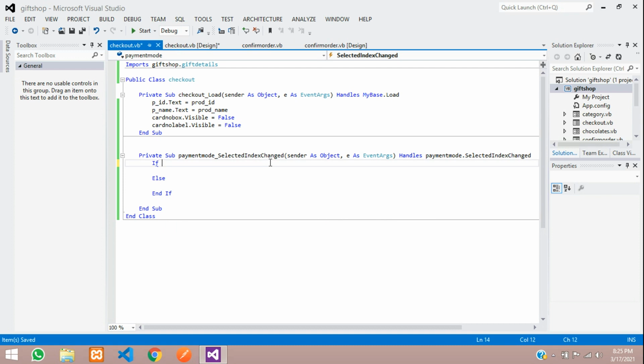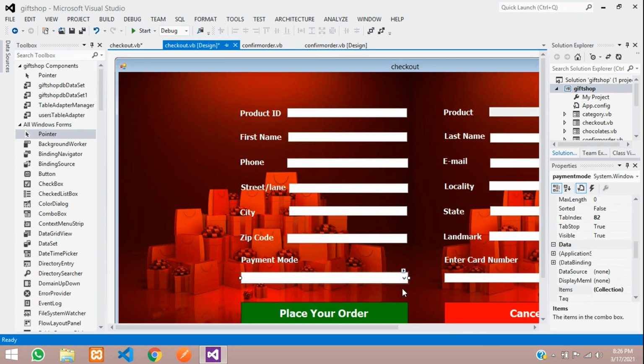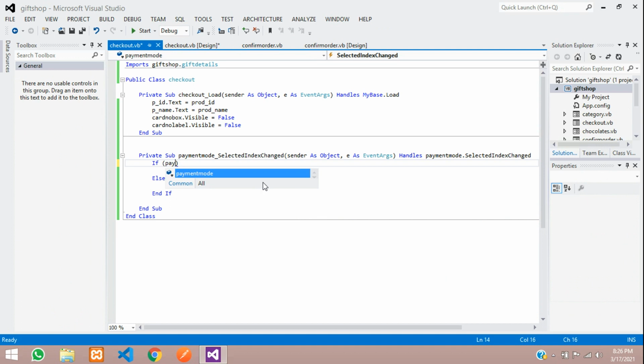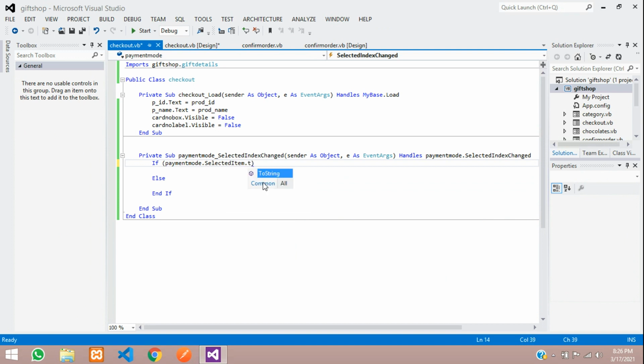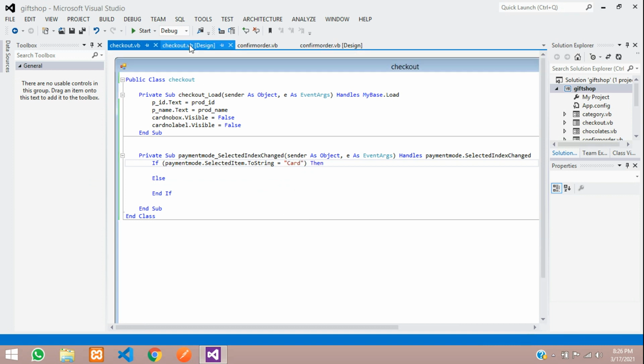In the if condition, we are going to check what has been selected. You can see the name of this combo box is payment mode. So we are going to say if PaymentMode.SelectedItem.ToString is equal to card. We have given the option as capital C, right?